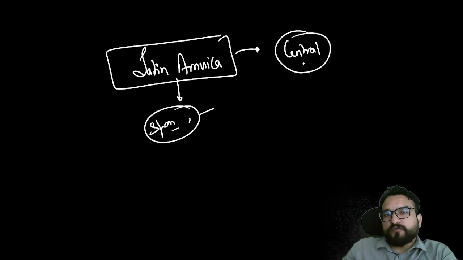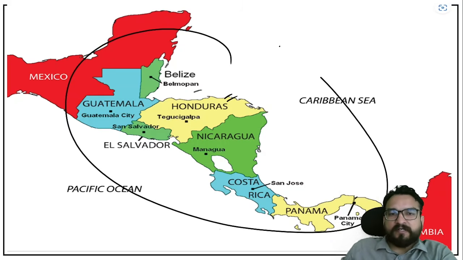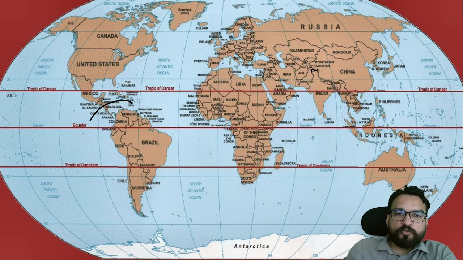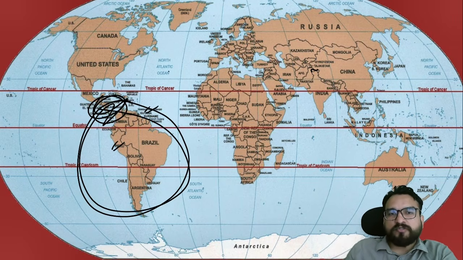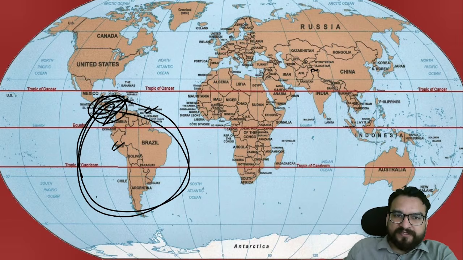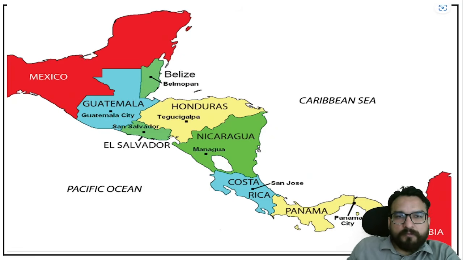So most of you will be saying that Latin America is the Central American countries over here, which you are seeing. But not only this, Latin American countries include the Central American countries and South America too, because over here also these languages are being spoken. So entirely over here you will be finding Latin America, just for information purposes, right? You will not be asked in the examination.